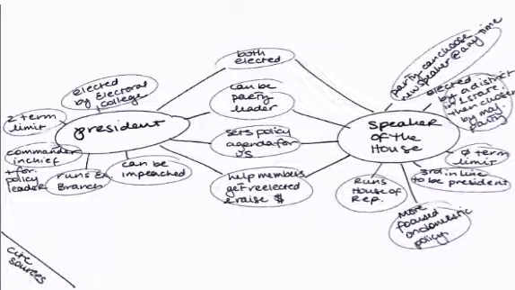Then what you would want to do is create a frame for your double bubble chart. And the frame that I think is the most simple to use is then you want to cite where you got your information from. Are there texts or websites or people that you got this information from? You would want to put that on the outside here or here or here, somewhere outside of the information that you have on your chart,